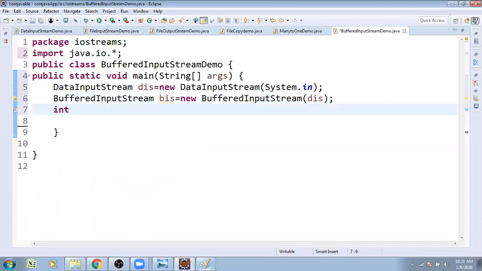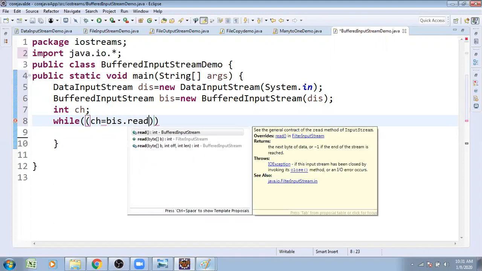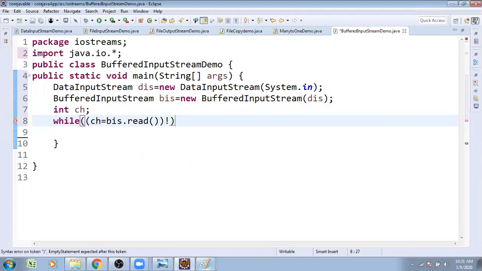Character by character, I want to read the data through buffer. Int ch, while condition. From buffer, I want to read the data and store it permanently in an output file, or you can also display it on screen. Int ch is equal to BIS.read, while BIS.read is not equal to some specified character, not equal to the dollar symbol.